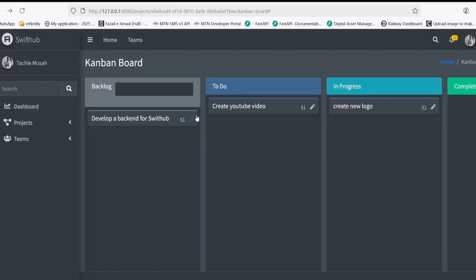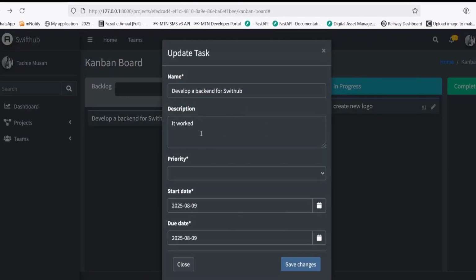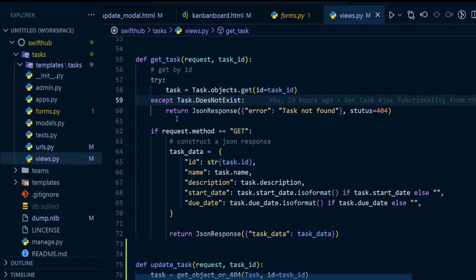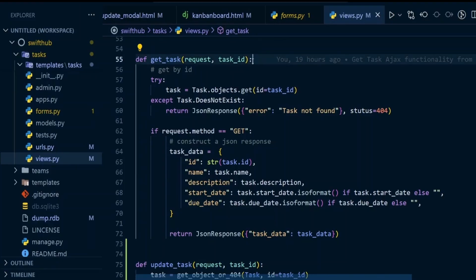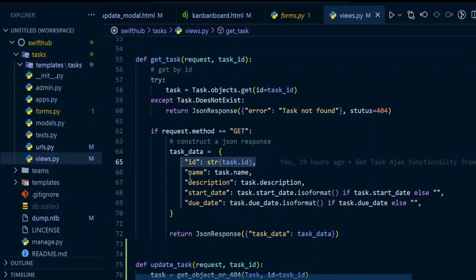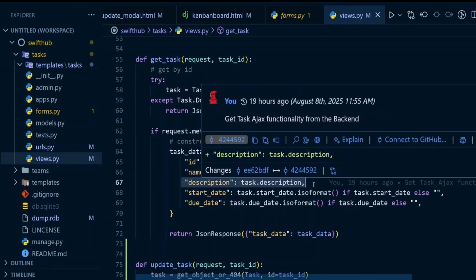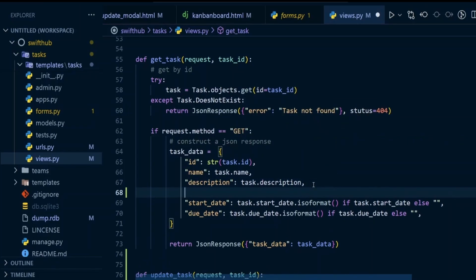All right, so let's go ahead and then fix the issue with the priority. So I'm just going to click on this, and now we are seeing all the details, but then the priority is not being set. The reason why we are seeing priority not being set is because when you come into our code over here, where we are doing the get request, we are sending the name and the IDs and all of that, but then we don't have anything for priority. So I'm just gonna copy one of these for like description, and inside the description, the one that I copied, I need to change it to priority. So I'm gonna do priority and then